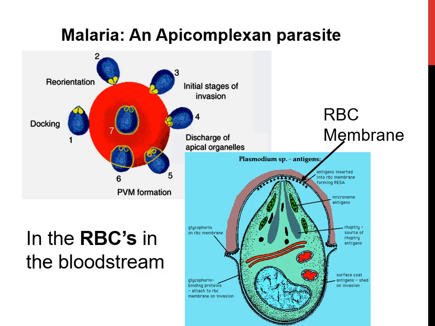It invades the red blood cell, and you notice that inside the RBC there is a yellow rim around the parasite. Actually, there is a membrane that is taken up, part of the membrane of the RBC, that forms what we call a parasitophorous vacuole. It's like a vacuole where the parasite lives inside it, so it is protected as well. You can see it on the right-hand side in a detailed description, which you are not responsible for, only to tell you that the parasite invades the red blood cell one way or the other.